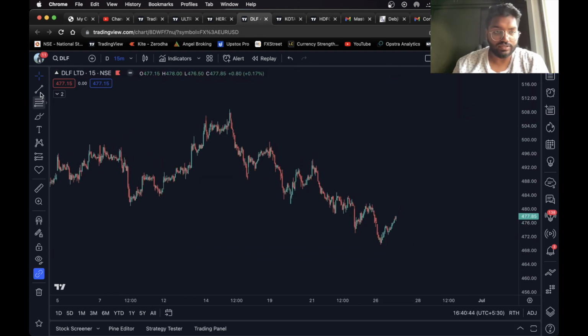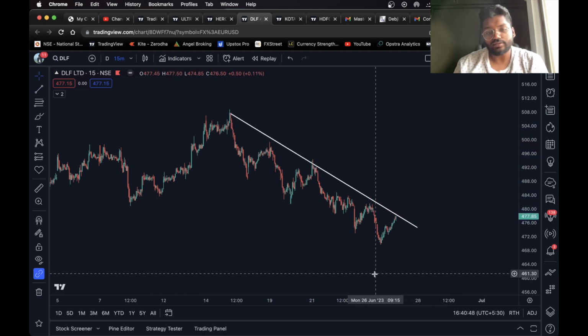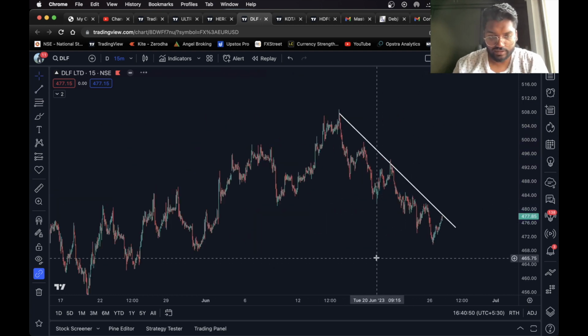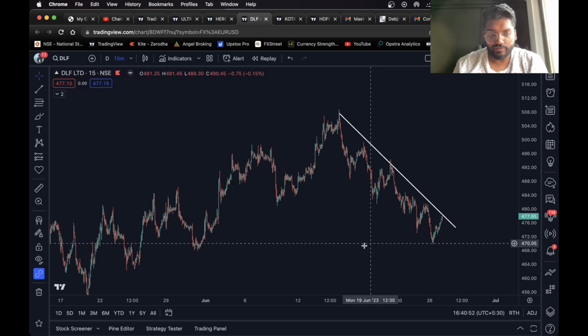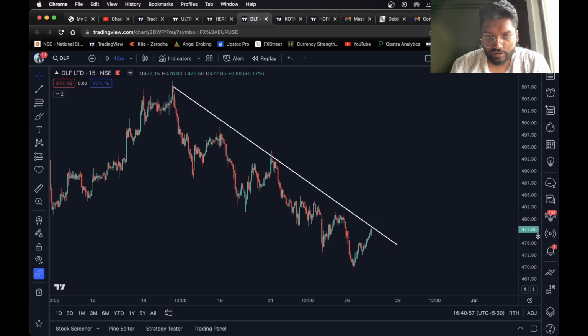Okay, moving on to the next one, we have DLF. Again, as you can see, it is respecting a trend line very nicely. Right, I'll just zoom out and check if we have anything else over here. No, we just have a level. Okay, it's respecting the trend line very nicely. So what you can do is